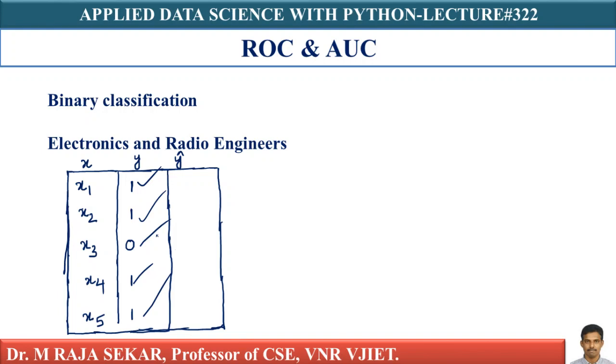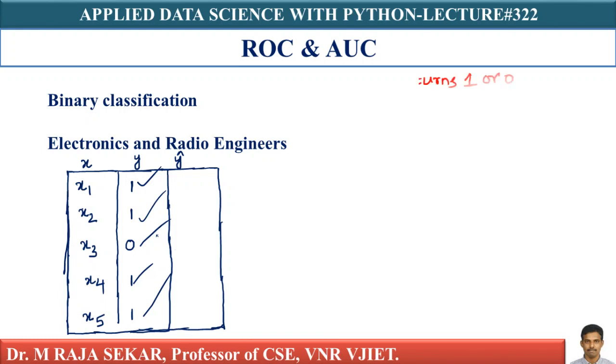Let's assume this is my binary model, a model which does binary classification. The model gives me 1 or 0. It also gives me a score, like a probability score. The higher the probability score, the more the chance that it belongs to class 1. That's all we care about, or vice versa. Probability score is one score that the model can give.